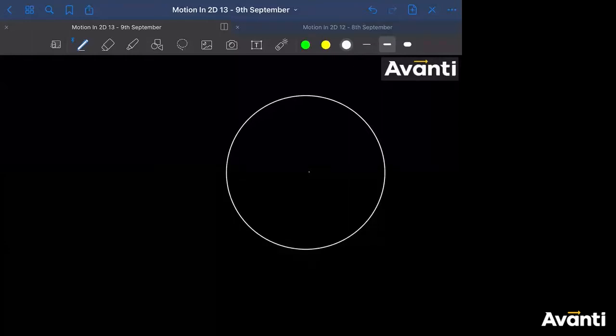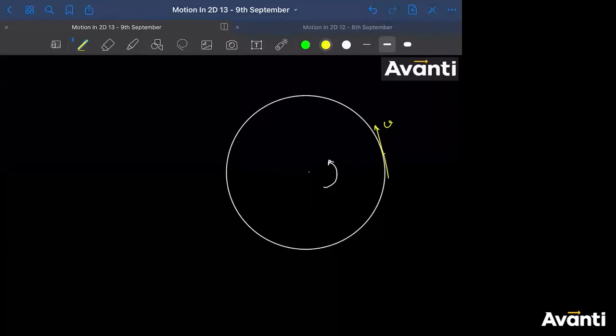It is along the tangent in the sense of rotation, right? So if the particle is rotating in this direction, and you have been asked what is the direction of linear velocity at this point, then what do you have to do? You have to draw a tangent. And which direction will be the velocity? Along the sense of rotation will be the velocity. So this is the velocity direction. All right, guys.